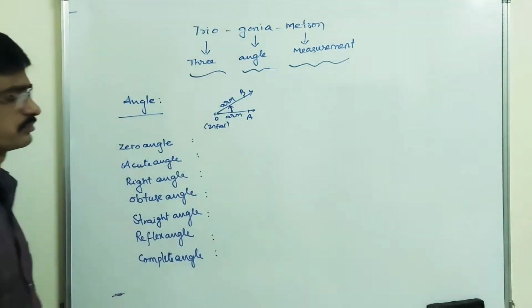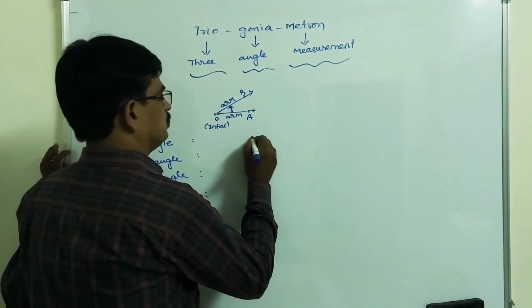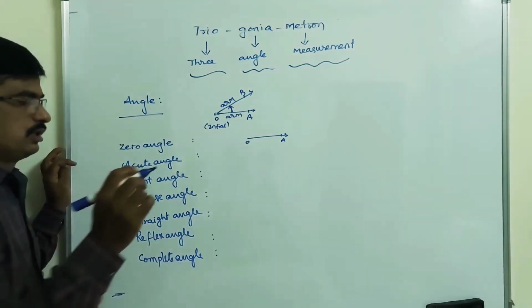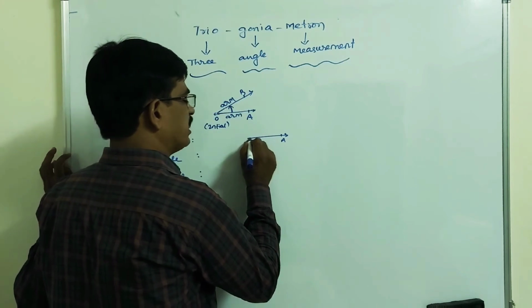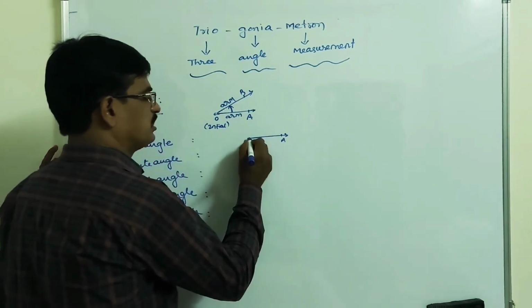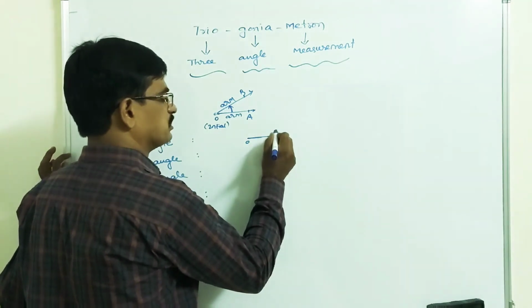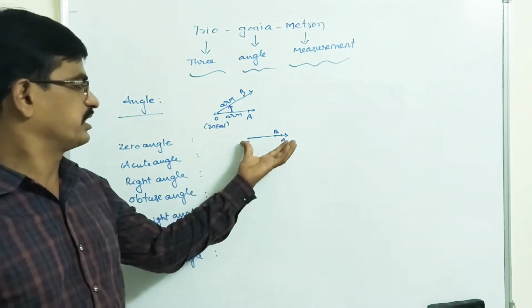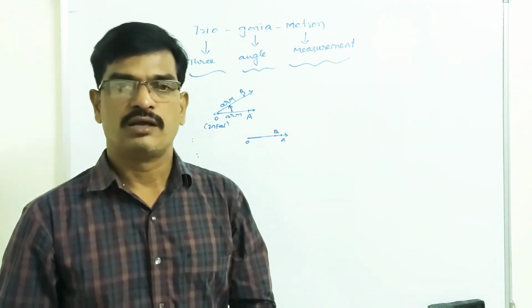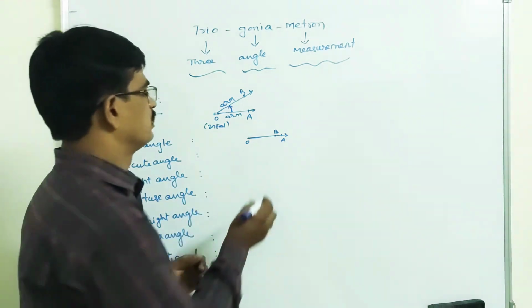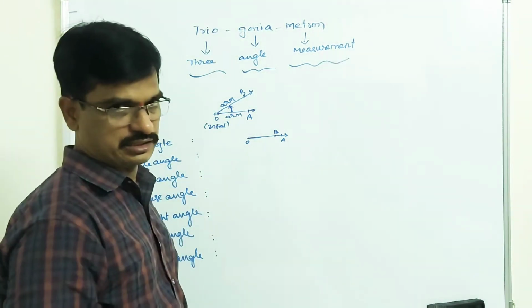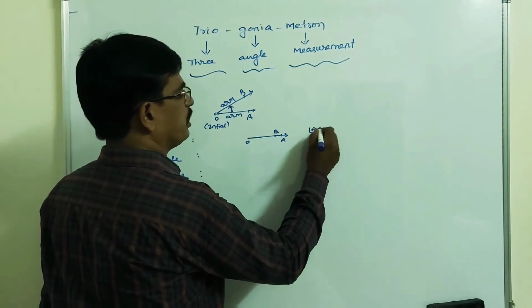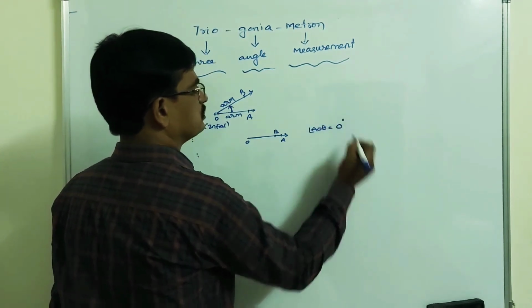Draw a ray OA. If you take one more ray OB which lies on OA, the other ray does not make any rotation. OA is a fixed ray, OB is a terminal ray, but the terminal side does not move in the anti-clockwise direction and overlaps with OA. Then the angle made by ray OA and ray OB is 0 degrees.